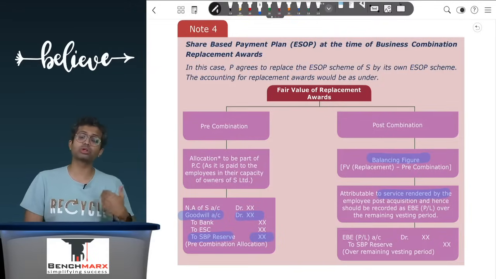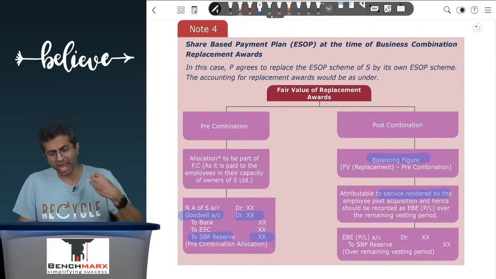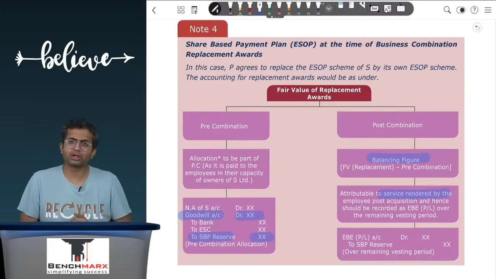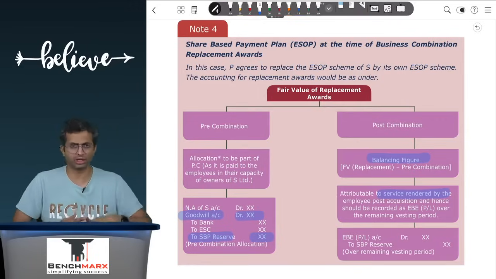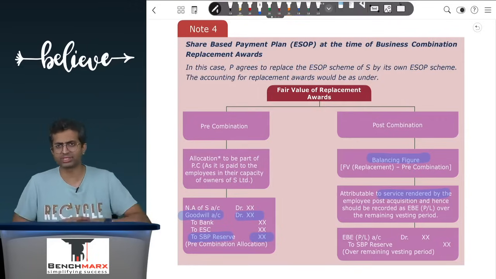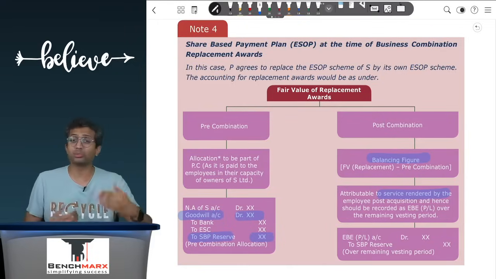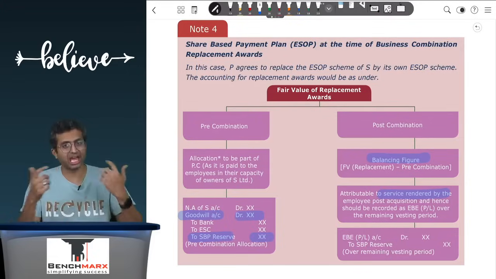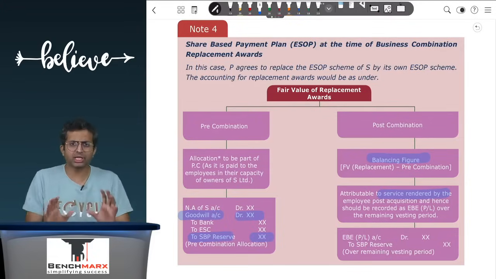But what about the 25% already held? Well, the 25% is already held by the acquirer only, and hence that should also be a part of PC. However, that 25% must be shown in the books of the acquirer as per some standard. It may be appearing at cost in certain cases, or at fair value if Ind AS 109 is followed, or at carrying value if Ind AS 28 associate accounting is followed. So basically, what does the standard say?